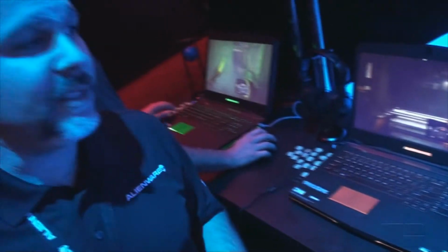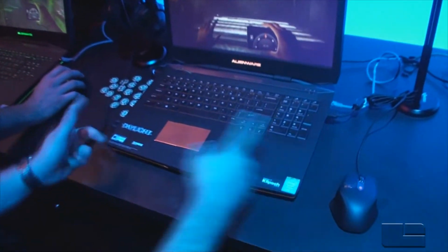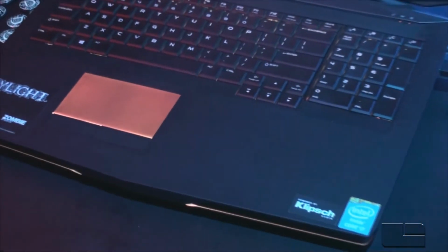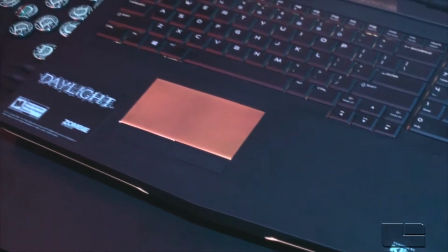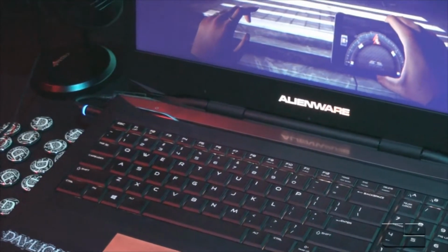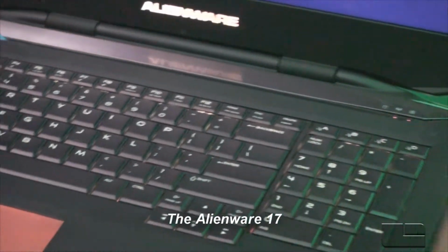So this is the Alienware 17. You'll see that it has the same design features and structure as the 14 that we saw before. Same aesthetics on all the laptops that we have. We're gonna have a consistent look and feel to it. Really the key differentiations between what we went through on the 14 and the 17, you're getting a big step